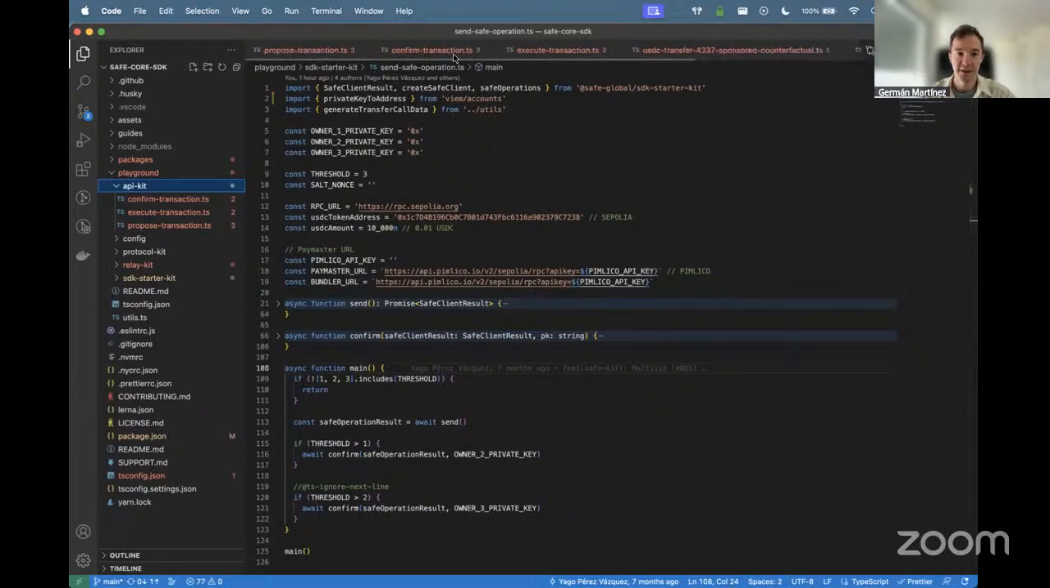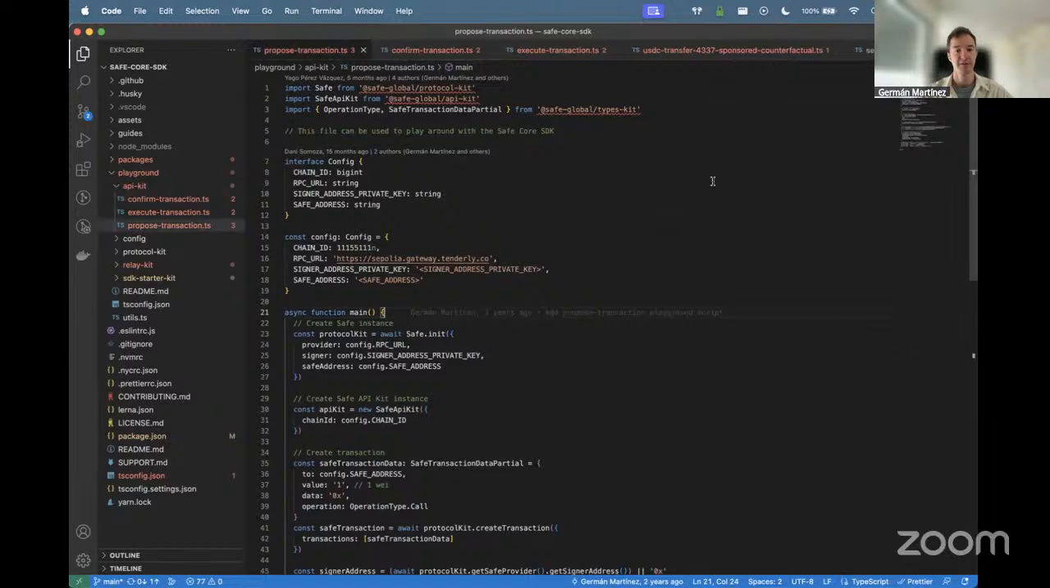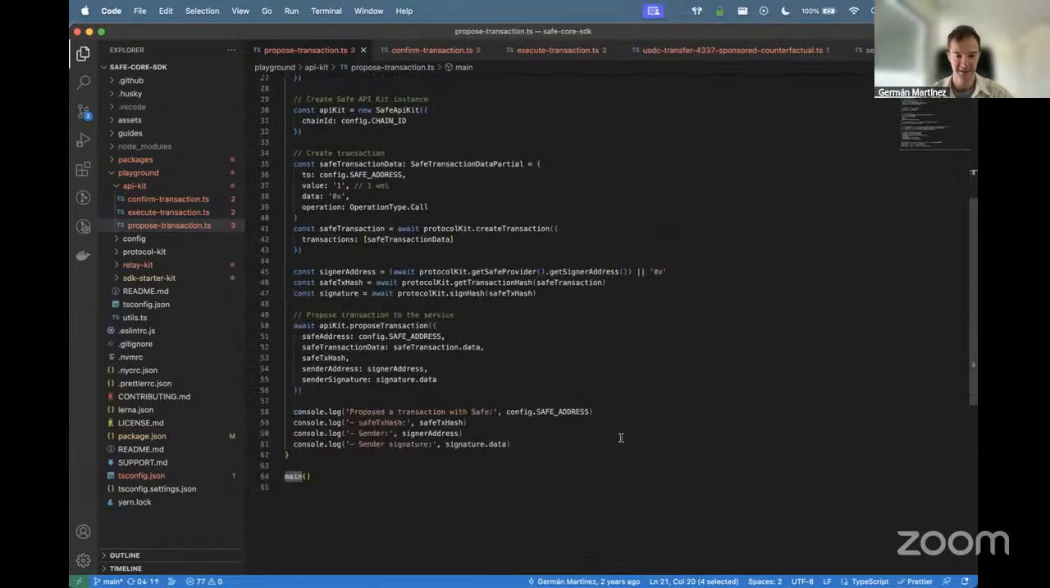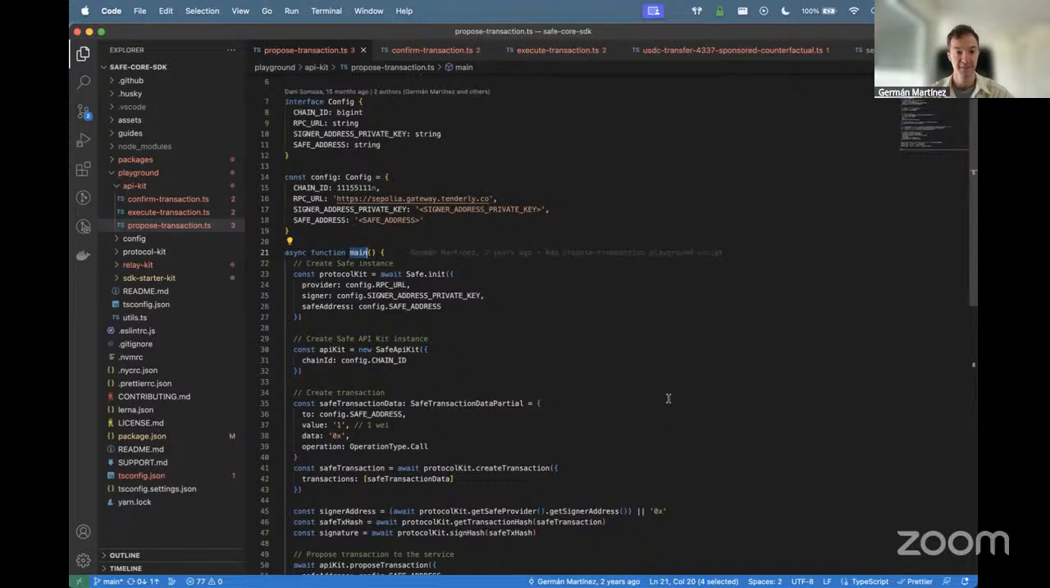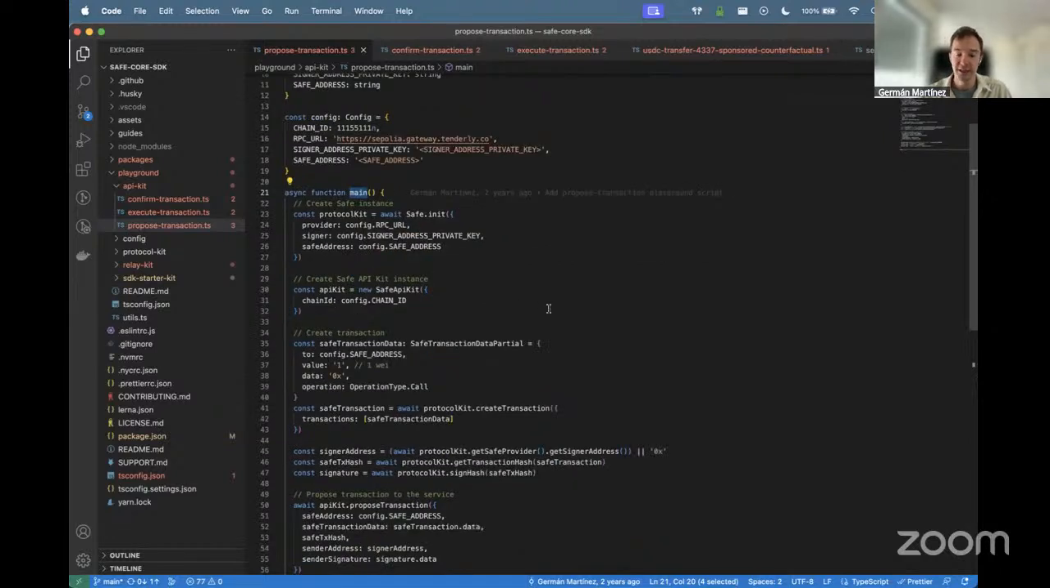So if we check the propose transaction script, how do we do this? There is a main function that is executed at the end. Inside of it, we need, of course, an instance of the protocol kit with the current Safe that we have, and also an instance of the API kit that will allow us to interact with the Safe Transaction Service. When we have our transaction created,